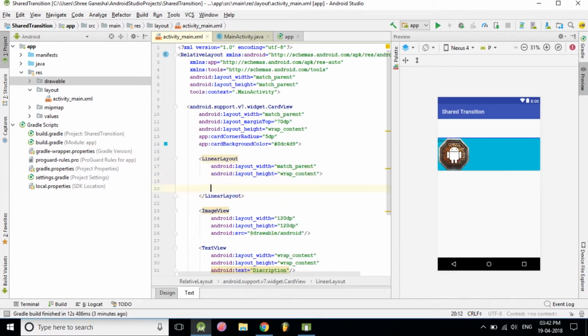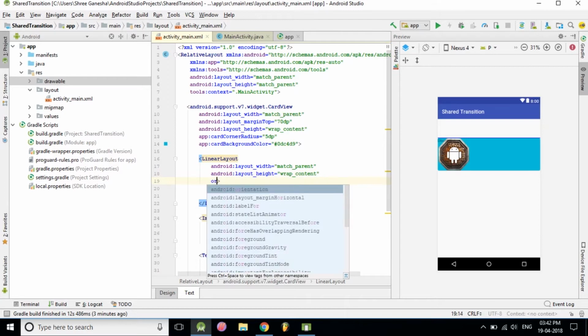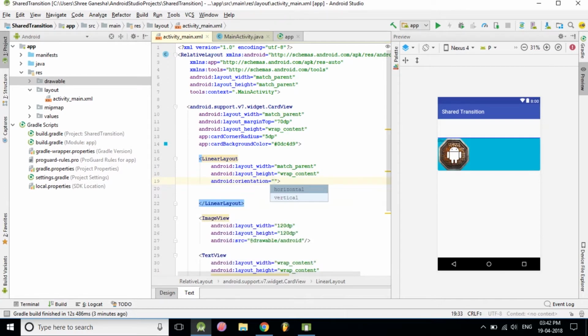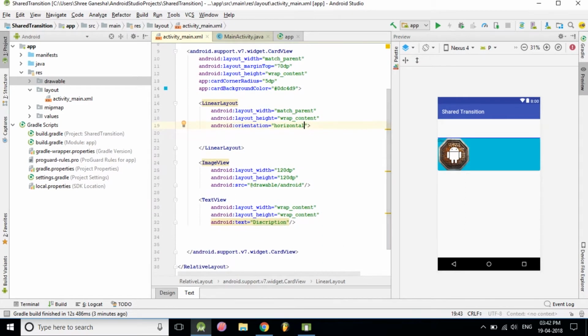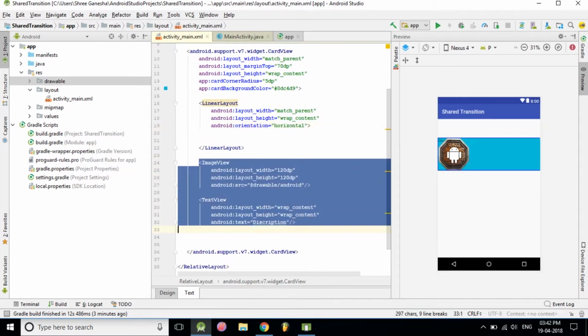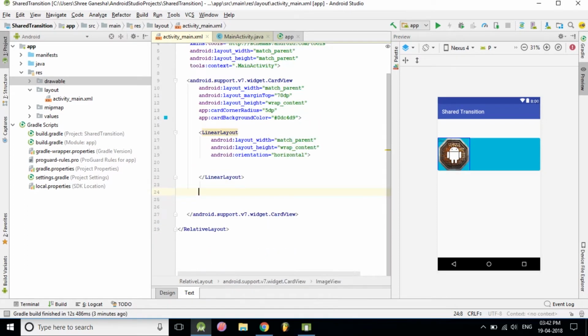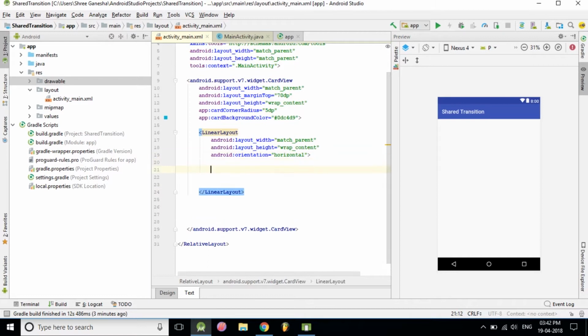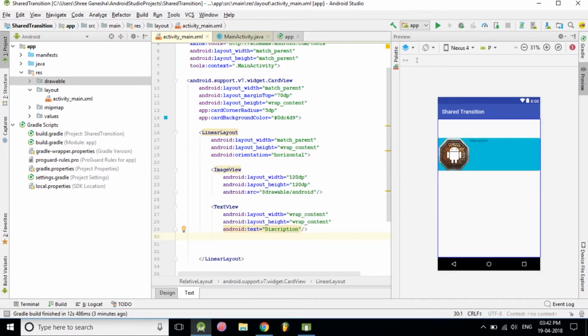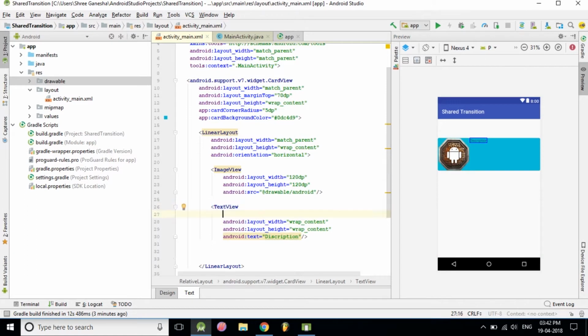And let's set the orientation for this linear layout as horizontal, and cut this, and paste it here. So as you can see, description is appearing here. So add description text